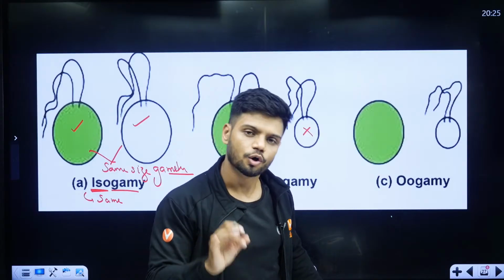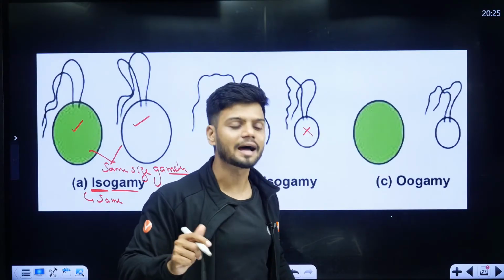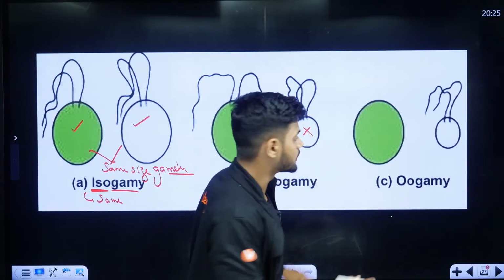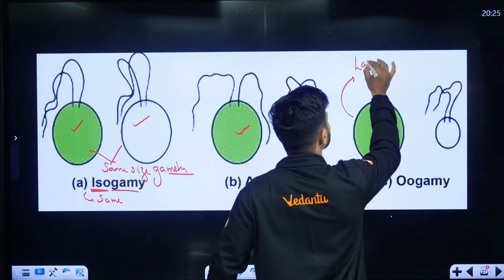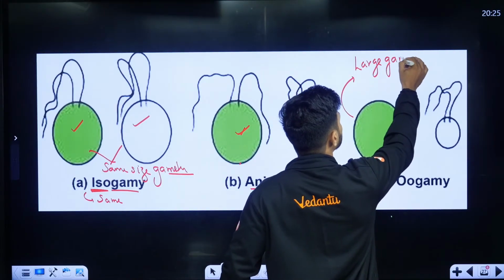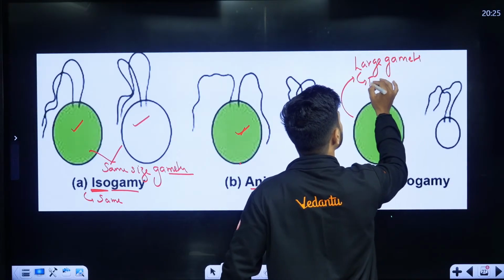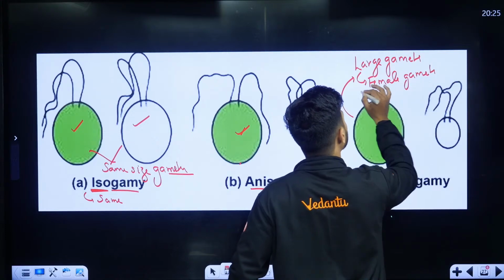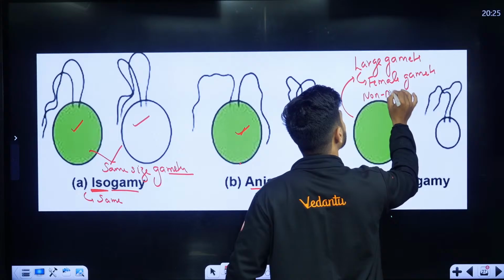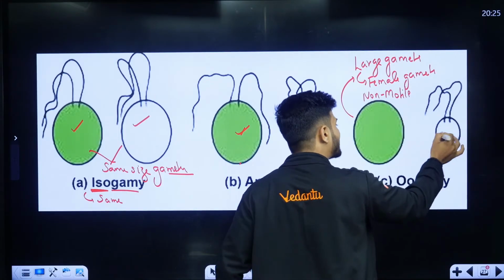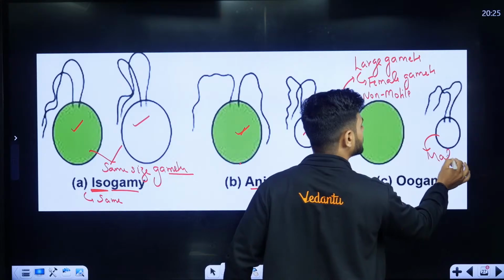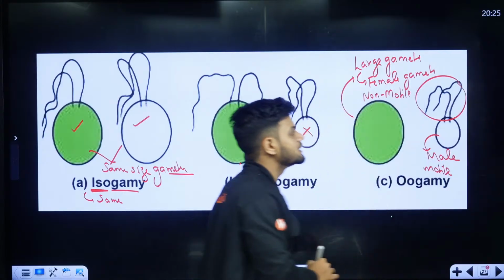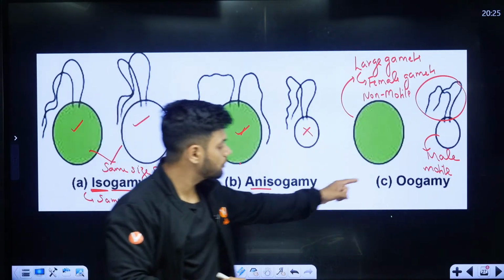What is the small twist, students? The small twist is that this oogamy is just like in the case of humans. The large gamete is generally female gamete. Large gamete is female gamete and it is non-motile. While the small gamete is generally male gamete and it is going to be motile. क्योंकि स्टूडेंट्स यहाँ पर ये वाला फ्लैजेला दिख रहा है. Okay, so oogamy is just like humans.